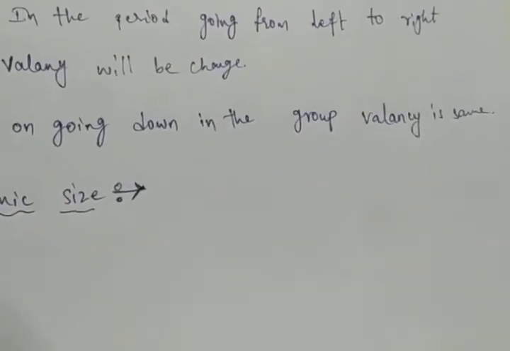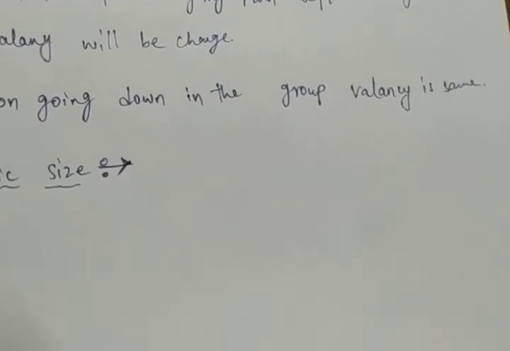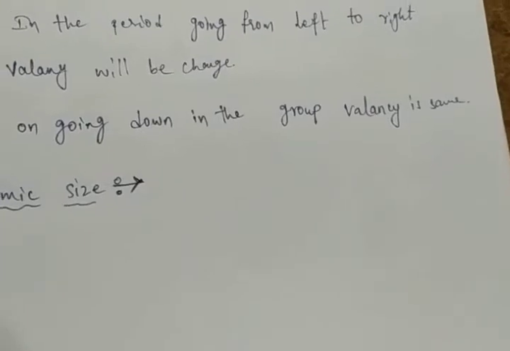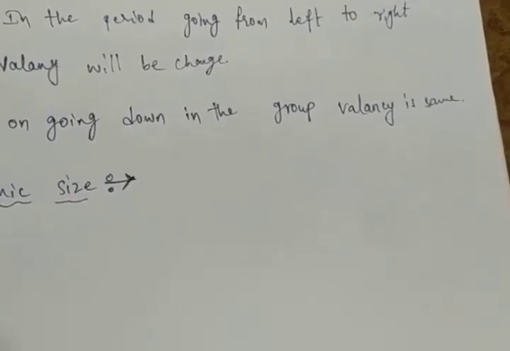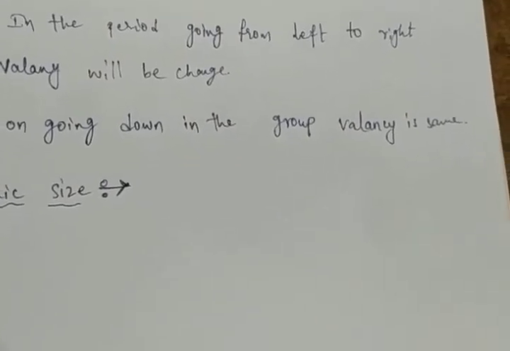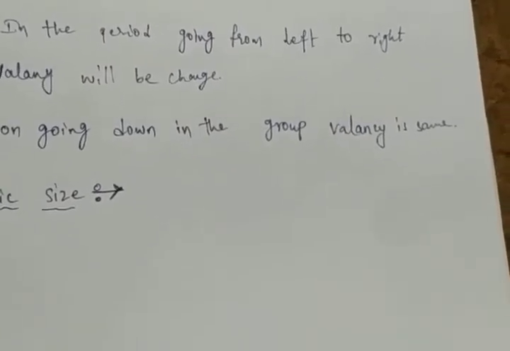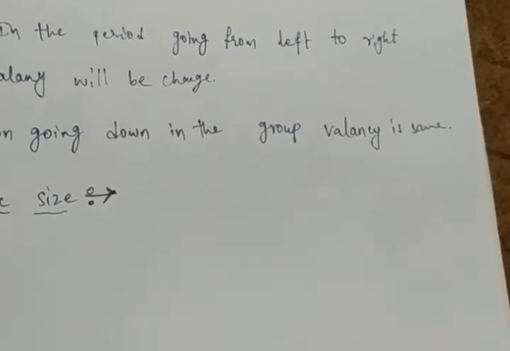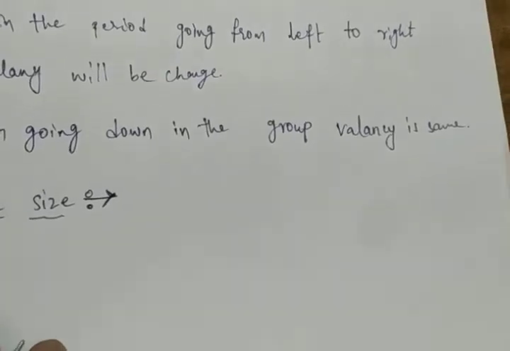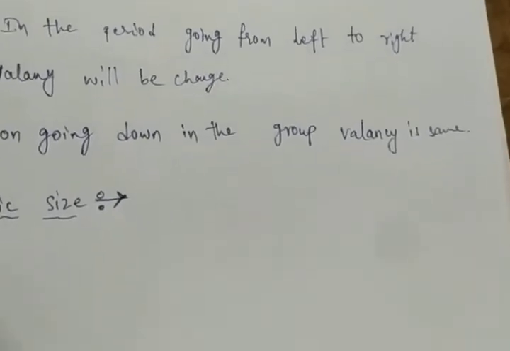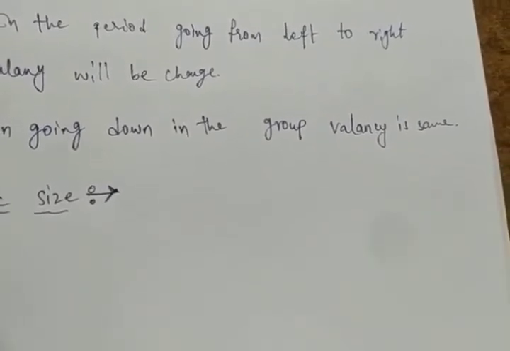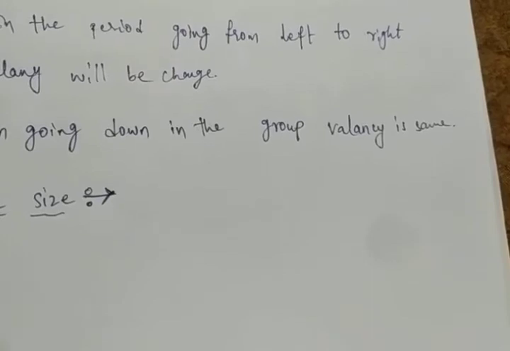Small distances we can measure in picometers. For any long distance, we can use kilometers or meters. For a very short distance, an atom being a very, very small particle, we can measure it in picometers. The distance between the nucleus and outermost shell is known as atomic radius, atomic size. Okay, so 1 picometer is equal to 10 to the power of minus 12 meters. Let us study the variation of atomic size in the group and in a period.